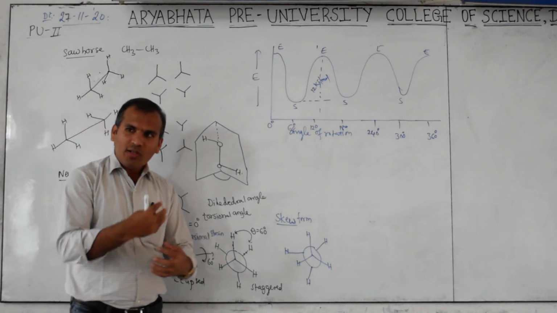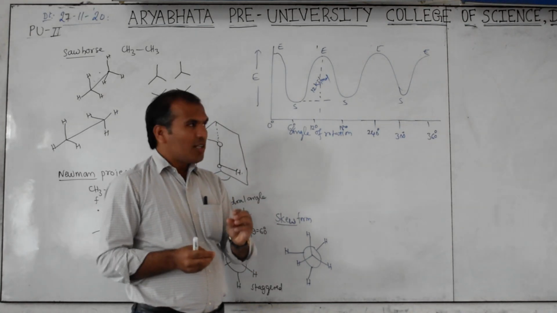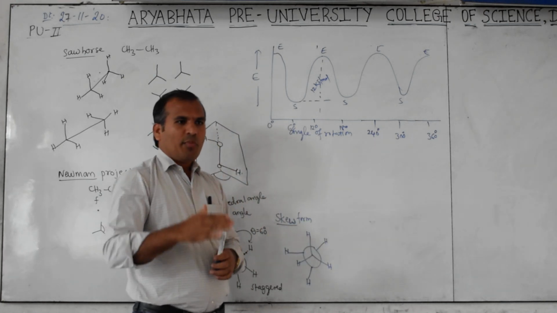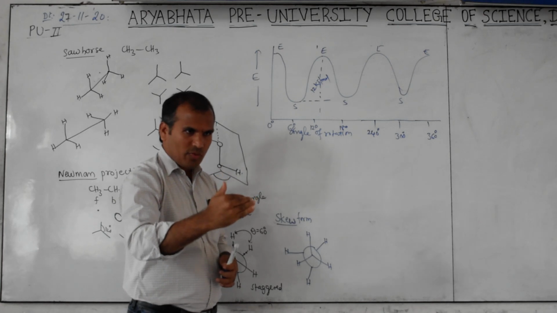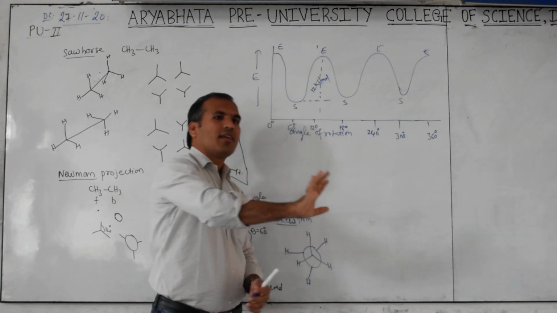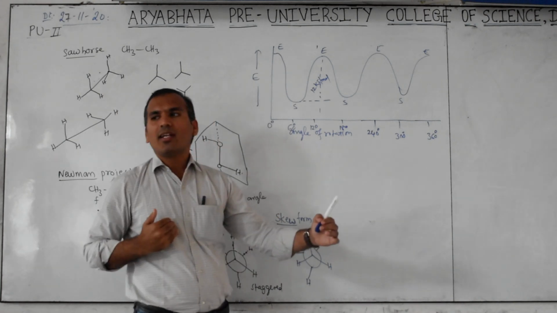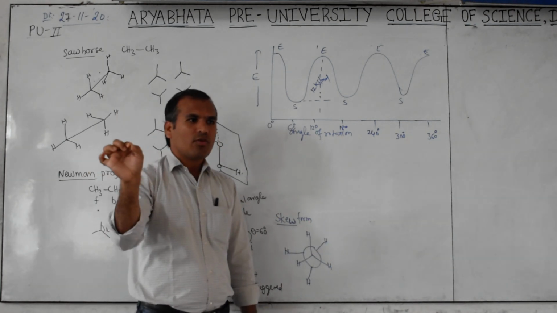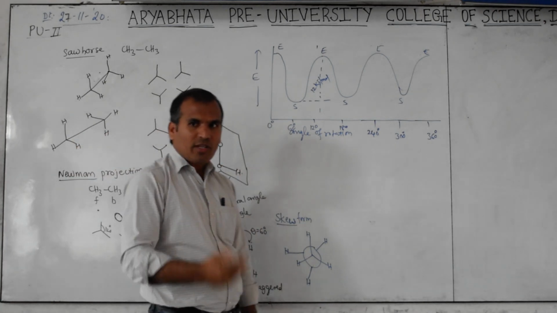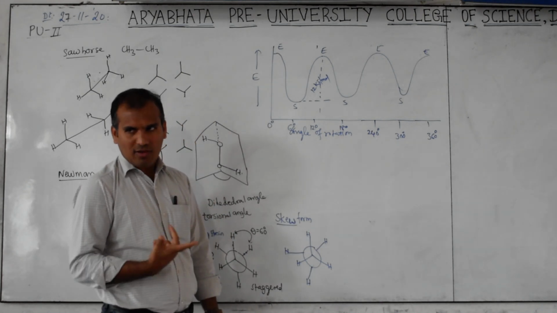So when more collisions take place, that 4 kilojoules of more energy and some amount from outside, a little bit they gain and convert eclipse to staggered to eclipse. But keep in mind, below 70 or 74 kilojoule per mole, molecules with such energy can interconvert. More than that energy, they will not interconvert. That is also one shortcut to remember which interconvert and which do not. Roughly remember below 70 kilojoules per mole, they can interconvert. So compared with 70, this 12 is a very small amount. When the amount is small, they can easily interconvert.